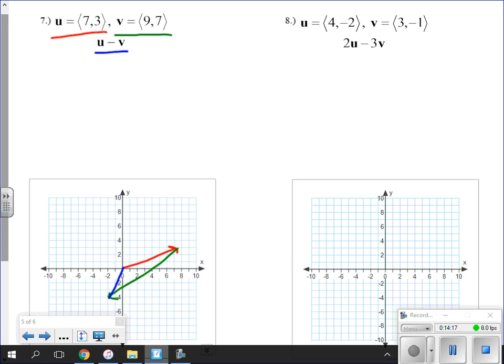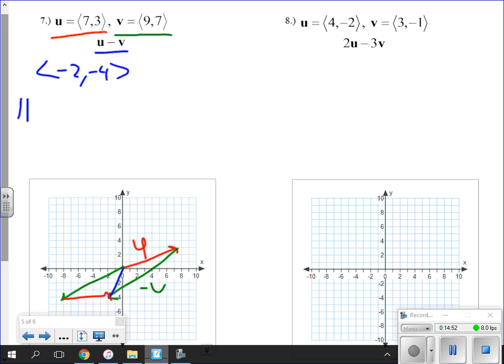Because I do a positive u, and then I do minus v because I am subtracting v. And that gives me my parallelogram. Now, if I were to do the same thing and do v in the negative direction and then do u in the positive direction from there, I would end up with the parallelogram again. So my resulting vector u minus v is the vector, take the 7 minus 9, so I get negative 2, 3 minus 7, get negative 4, so there's u minus v,